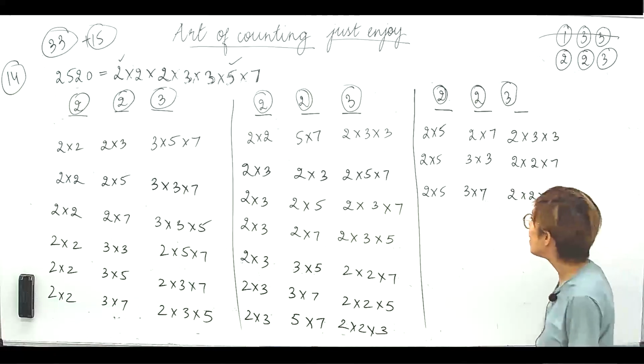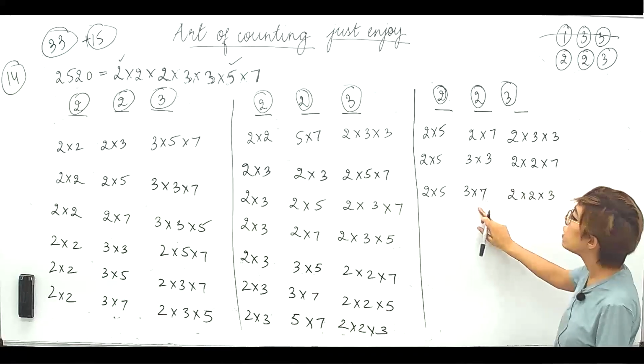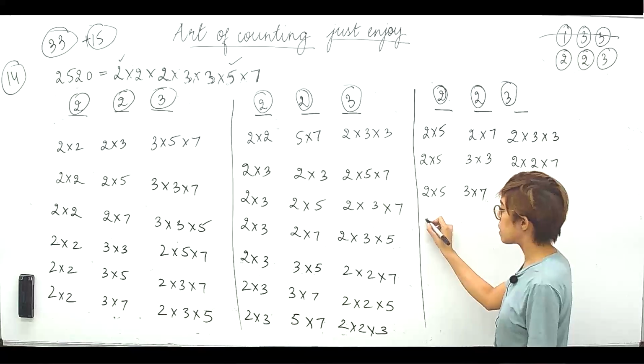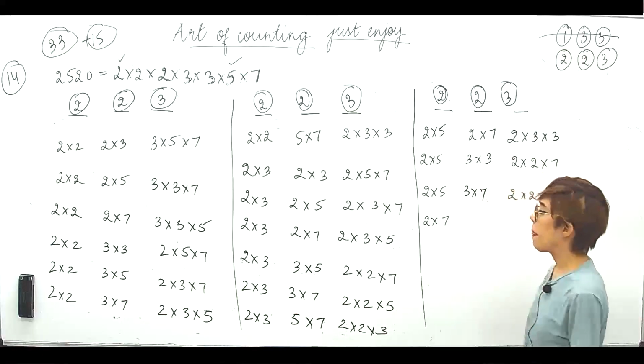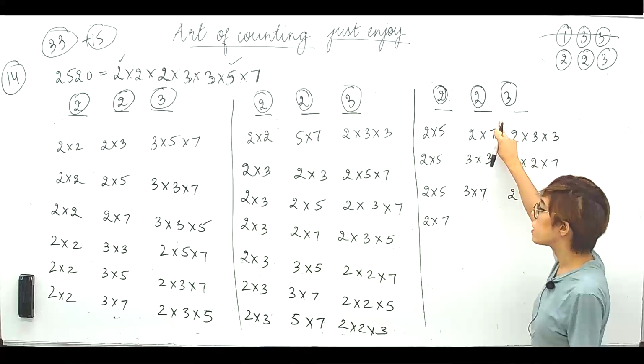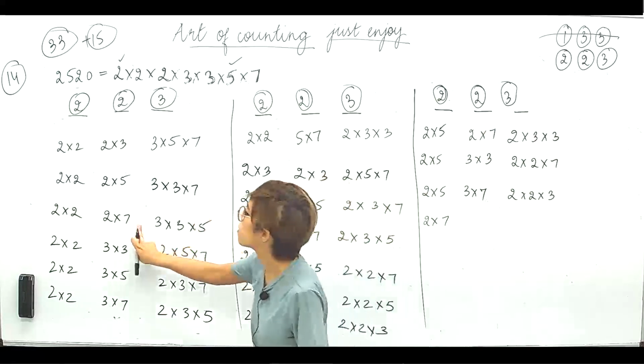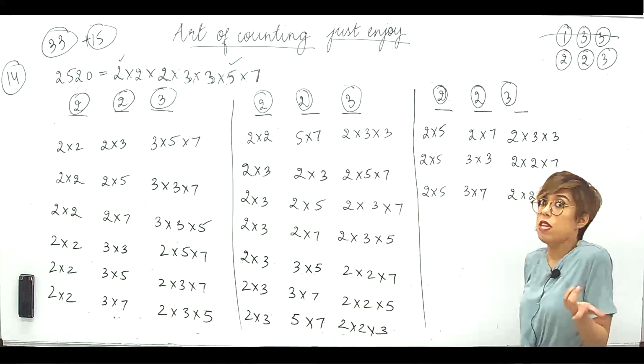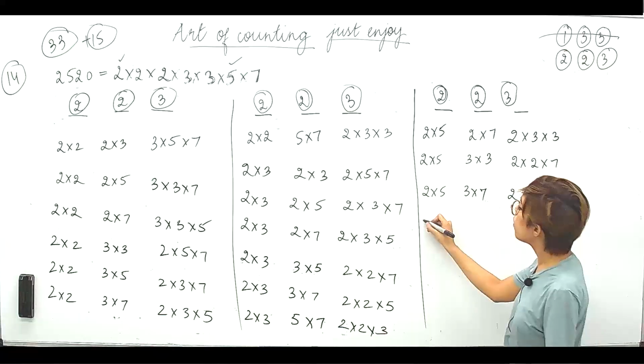Yeah, okay, fine. Now 2 into 5 ones are exhausted. Now shall we do 2 into 7? Now be careful. I have already considered 2 into 7 in each and every case. Right? So 2 into 7 is done for us. Why should I write it again? Right? So let's move on to 3.